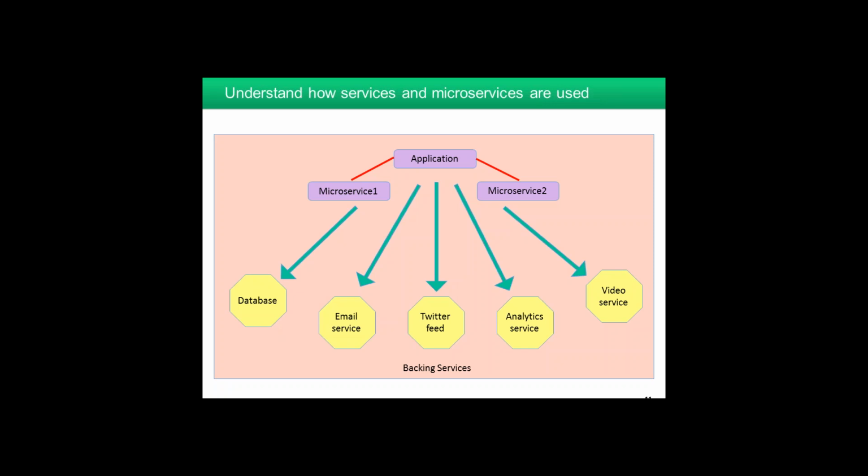Now that's the organization of the application itself. The other big idea behind platform as a service offerings is the availability of a whole series of services which are being provided by the cloud service provider. They're installed and run and made available by the provider. So when you want one for your application, all you have to do is sign up for it. Say, I want a new instance of a database or a Twitter feed or a video service, whatever it is that I want, and then that's available to your application.